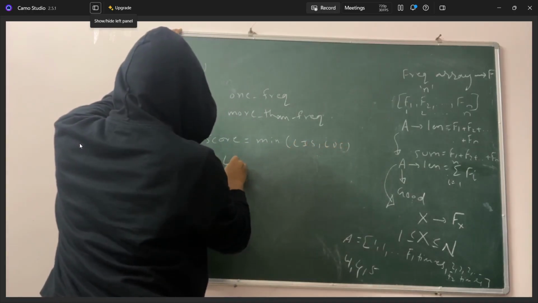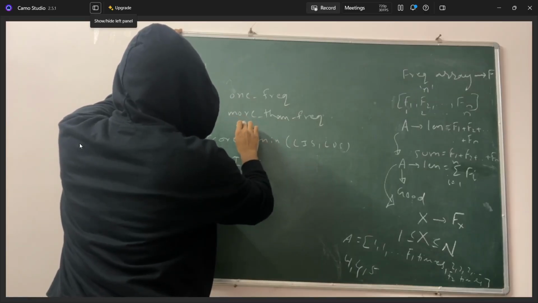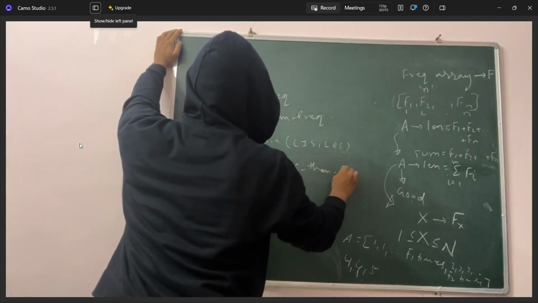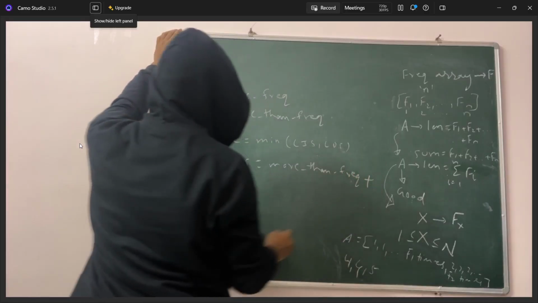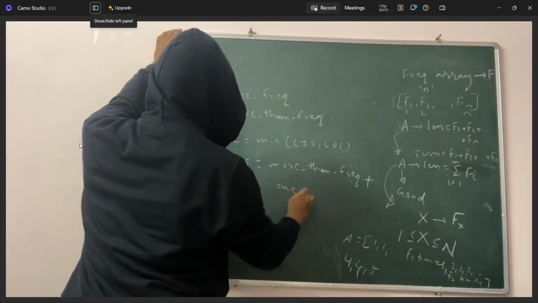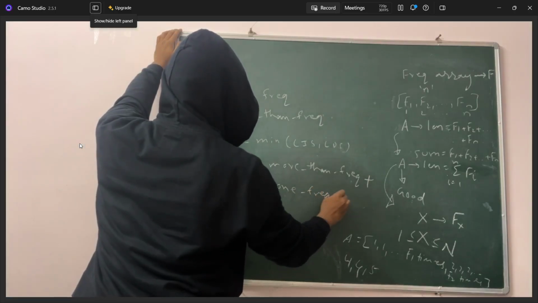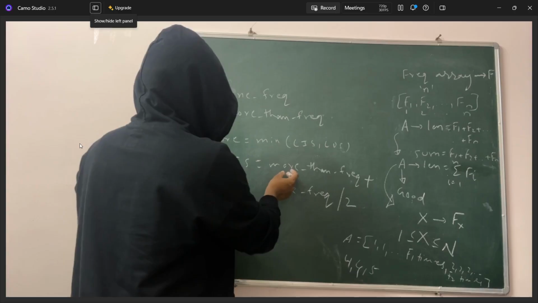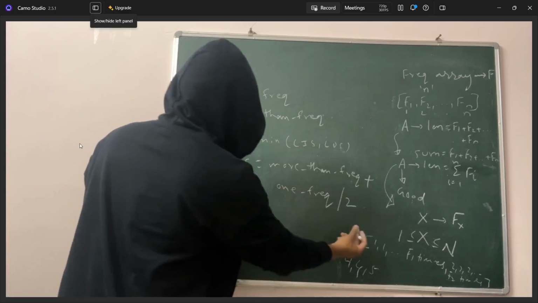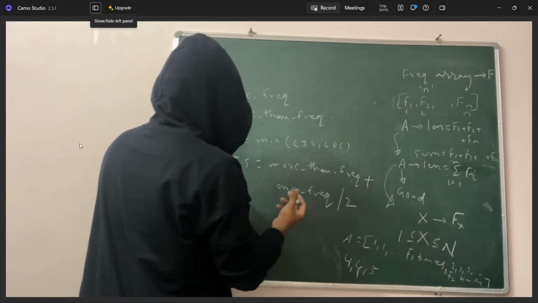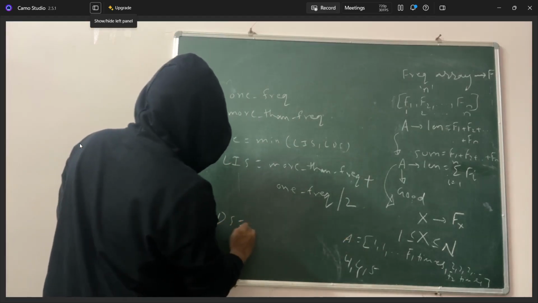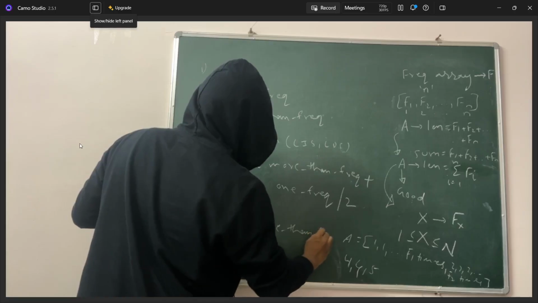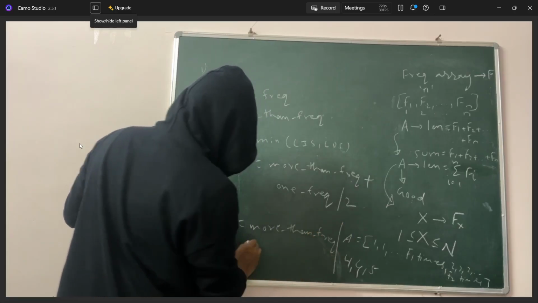So your LIS was more than one frequency plus one frequency by 2. You understood this, right? Because I was placing the elements which have more than one frequency on both sides, so they were contributing to the LIS and LDS both. So in the LDS also it is going to be more than one frequency plus